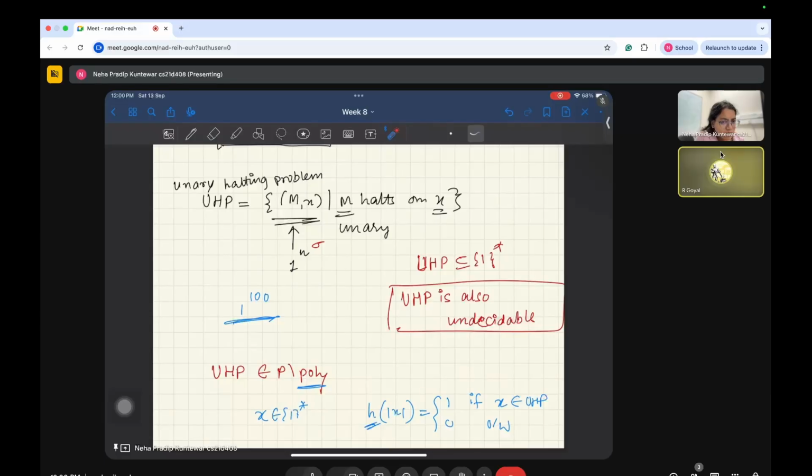And since the halting problem is undecidable, there does not exist any Turing machine which can show the membership. So we are not saying that this would be decidable if h were decidable by a Turing machine, but that is not what we are claiming. Where h is just a function, right? So h is basically just a function from